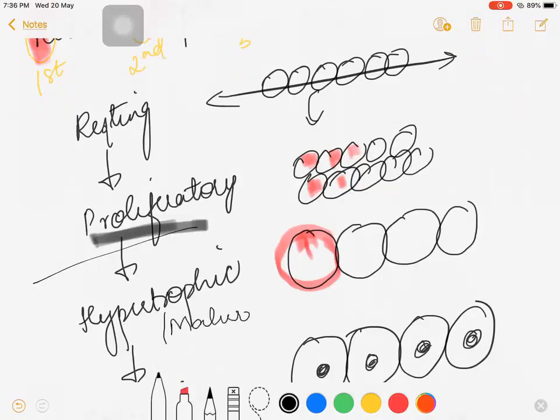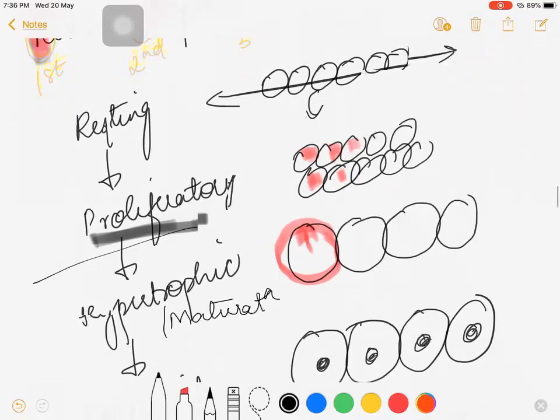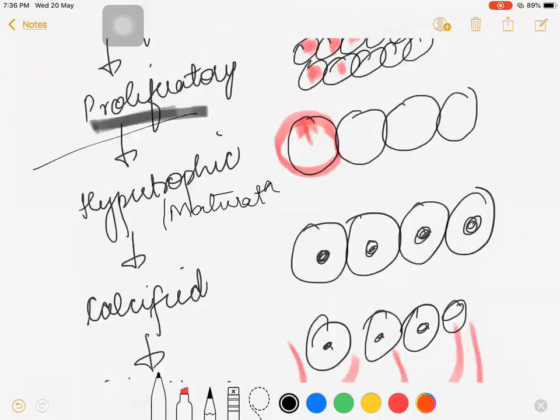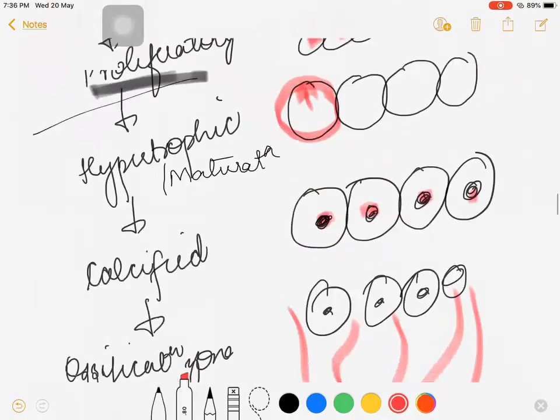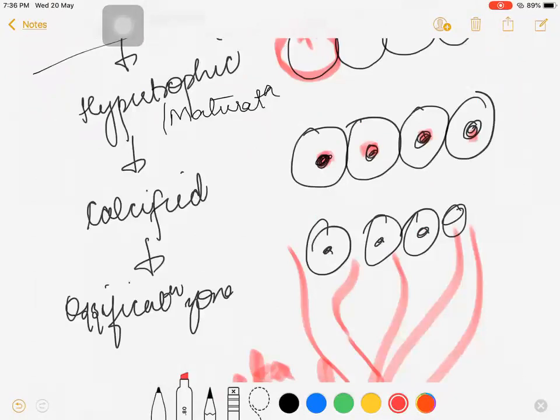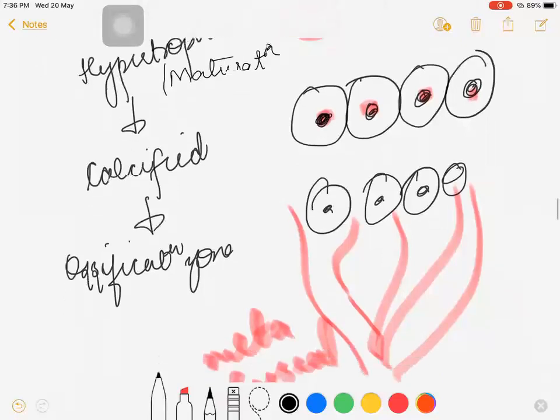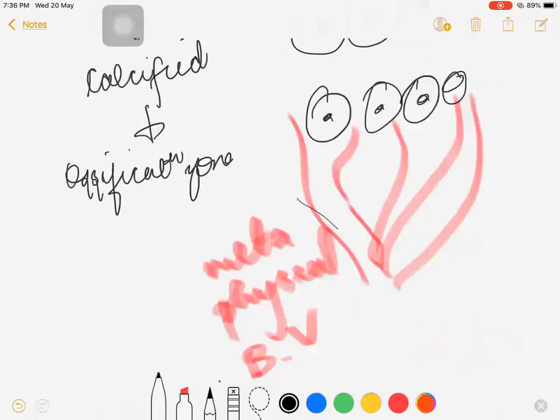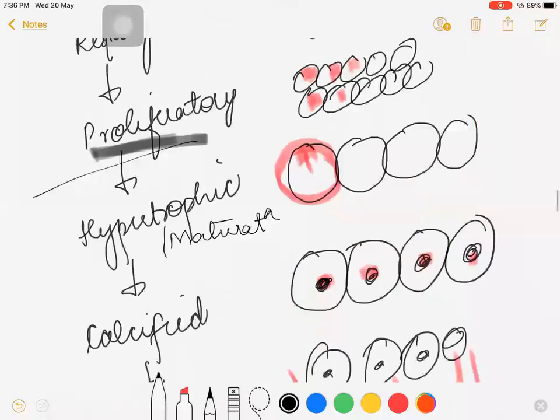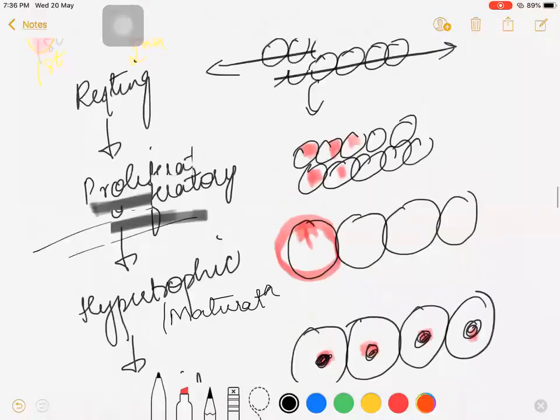They're maturing, right? Then you have the next layer, which is the calcified layer. So calcium is getting accumulated here. Then afterwards, you have the next layer, which is the ossification zone. This is where phosphate also is going to get accumulated and forms calcium hydroxyapatite. And then you'll be having the metaphyseal blood vessels, which are going to come to this physis zone. Okay, so this is basically the structure of the physis that we are seeing here.